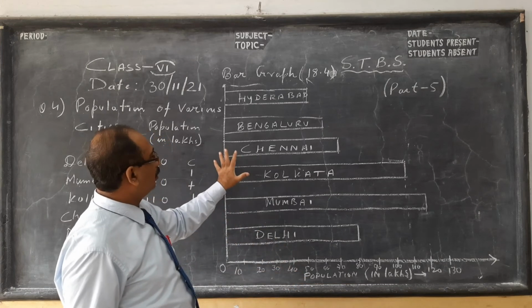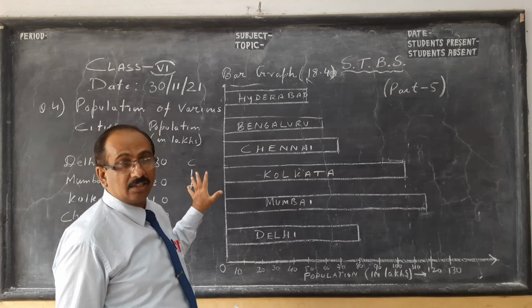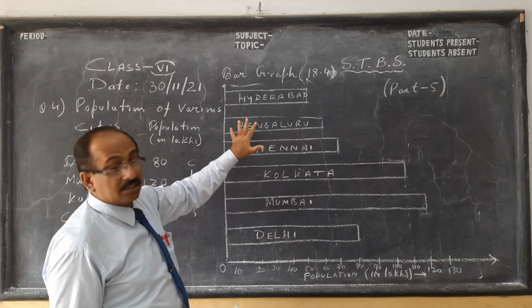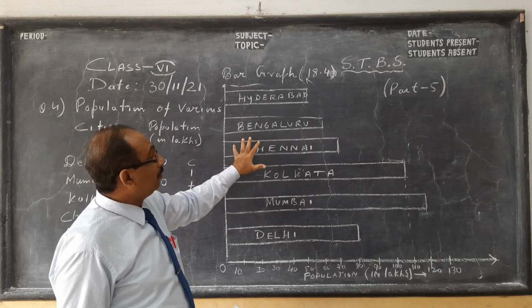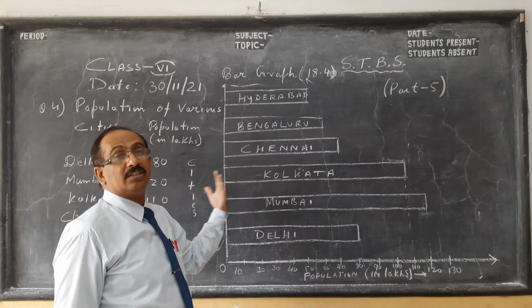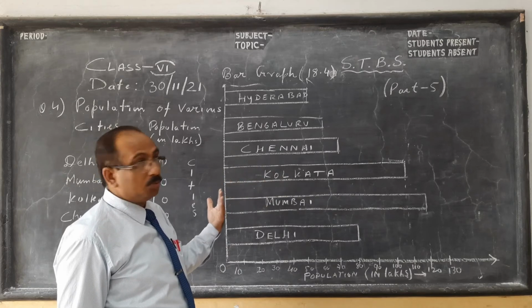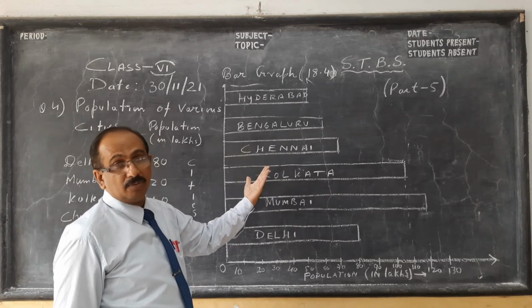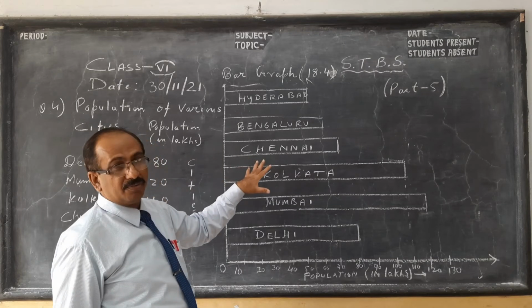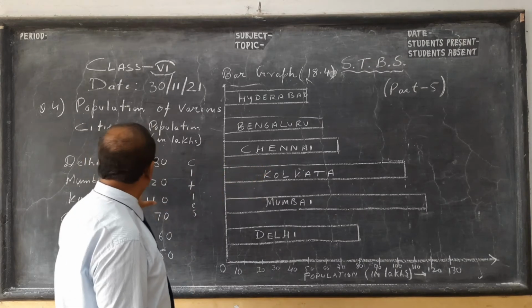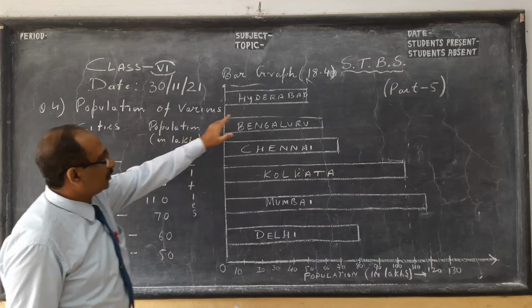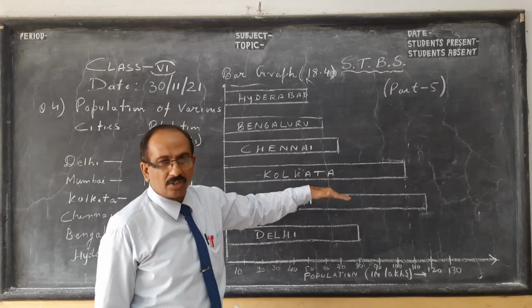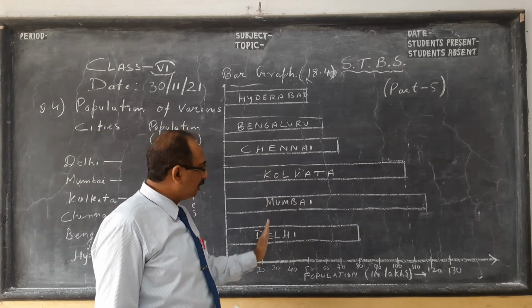So we draw the graph based on this, and there is another thing also in 18.3 you have to see, where a graph is given and you have to interpret the data, how you get the things from the graph. But here we have drawn the graph and then we are seeing which is the least populated city. It is Hyderabad.